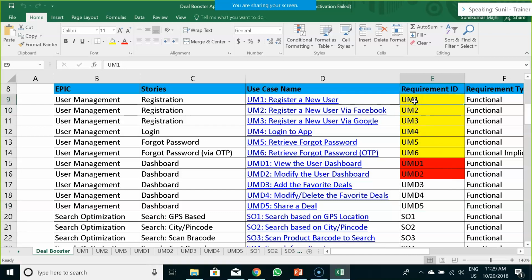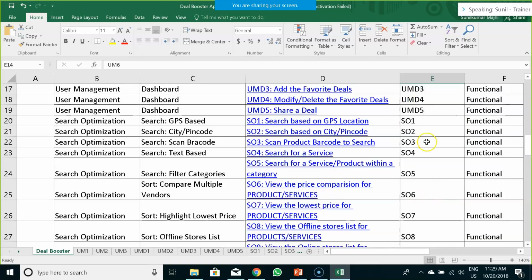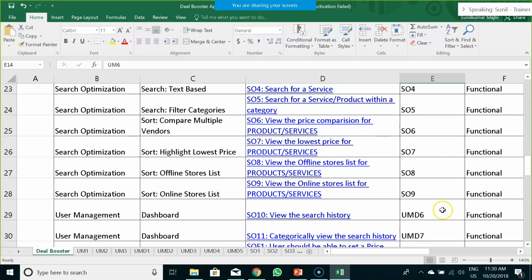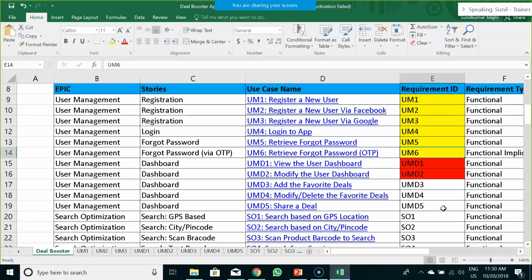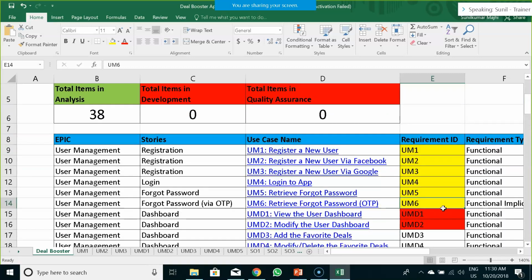If you are doing your traceability manually, then whatever your functionality name is, you have to start with that word and sequence from that word. For example, for user management dashboard, I have started with UMD1. So if tomorrow someone adds a new requirement, you can say UMD6 or UMD7. You may not create any ambiguous term. So if you are doing it manually, you have to maintain this practice.